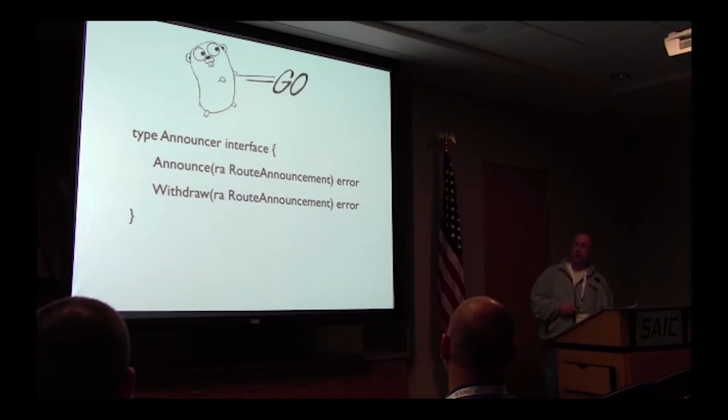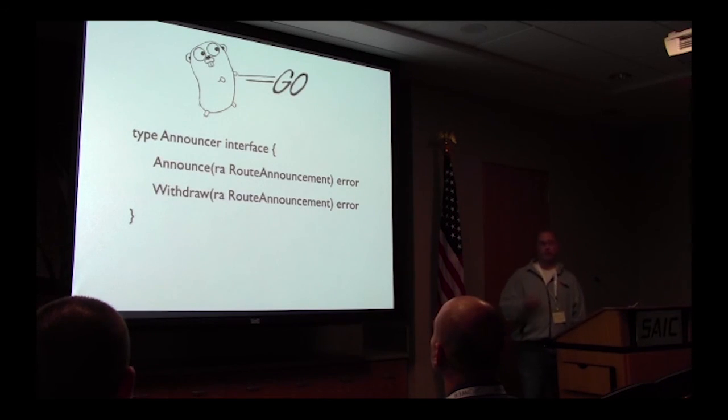And then we have this other type, announcer, which is an interface. Just like in a Java interface, right? It's no implementation, it's sort of function signatures only. So in this case, we have announce. You can announce a route announcement, and it will return an error. And if there's no error, return nil. And same thing for withdraw. So, okay, I've got